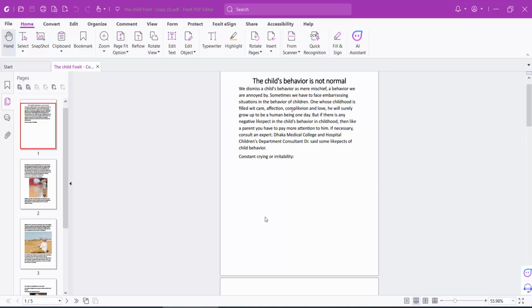Hello everyone, today I will show you how to search and find text or a word in a PDF file using